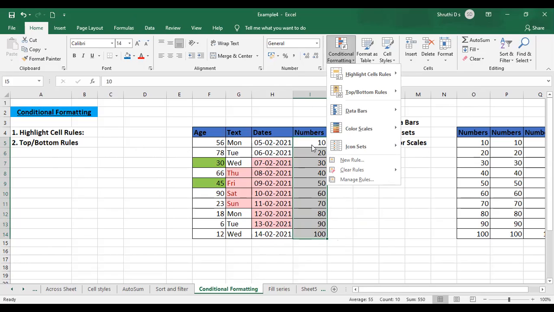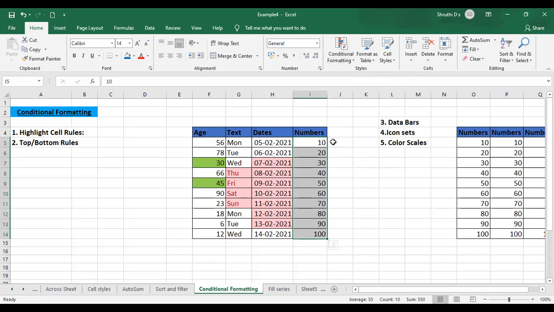We need to know the performance of a particular student or an employee, if it is above average or below average. Now just select the column. In the bottom status bar, as you can see, there is an average printed, right? Average is 55. Once you have 10 to 100 as numbers, the average is already calculated by Excel as 55. I want to highlight the cells which come below the average and above the average. So numbers from 0 to 54 are below, and after 55 we are going to highlight it.